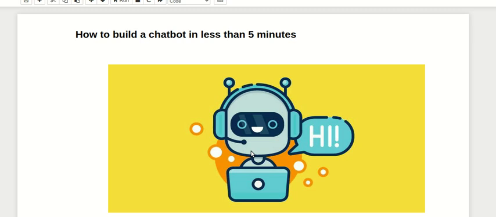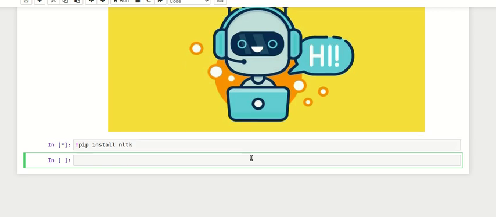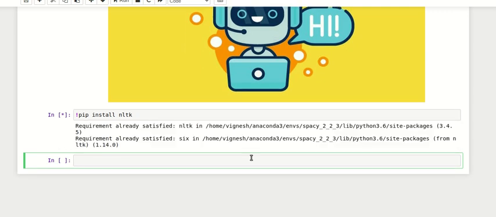Now let us see how we can actually build this chatbot in Python. For this we'll require a package called NLTK. For that you need to install it: pip install nltk. We need to wait for it. Yeah, it says requirement already satisfied because I have already installed this particular package. Now let us make use of it. Import nltk